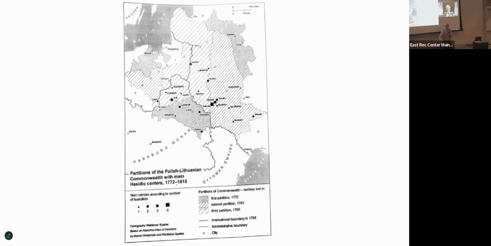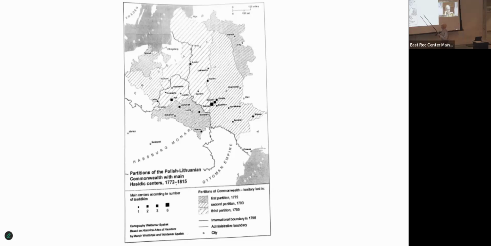So Poland becomes part of Russia for an extended period of time. Austria, Galicia becomes part of the Habsburg Empire. And that continues up until 1918, until the end of World War I. So for instance, in World War I, most of Ukraine is part of Austria. Before that, Ukraine was part of Poland.